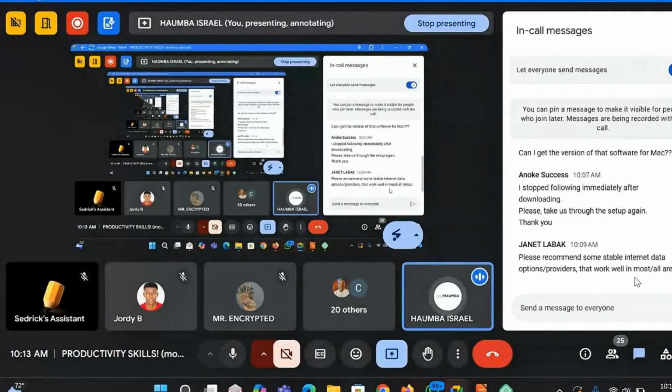I do use when I'm at home. This is the first day that I'm not at home because I had an early morning schedule. I had to drop a friend of mine at the airport, so I was stuck in between. I had to park and start the class. So I am using MTN.